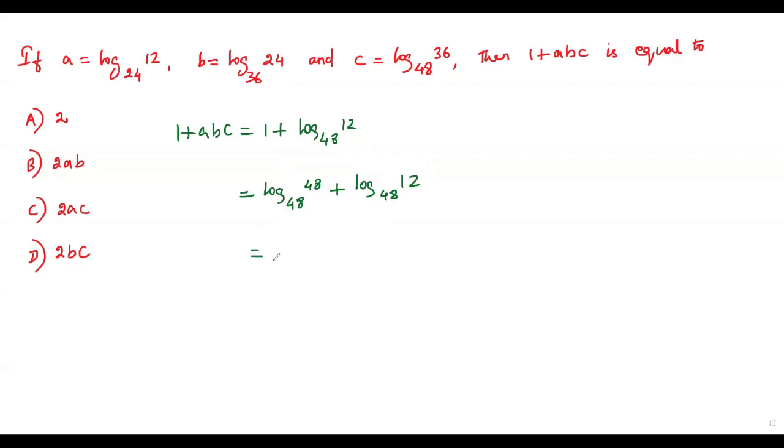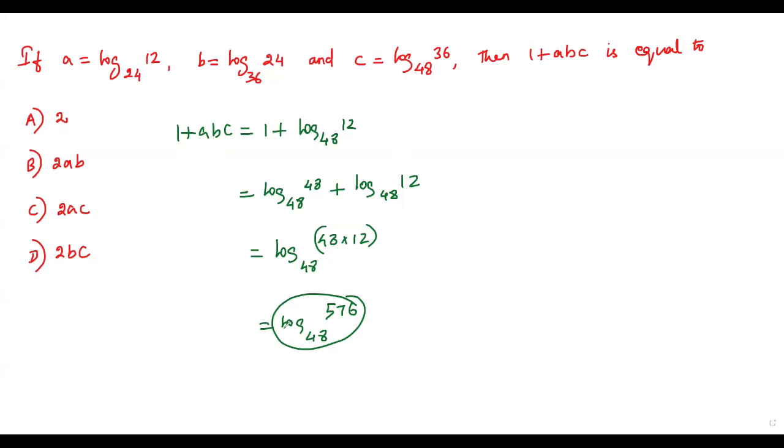Whenever we add two logarithms with the same base, we take the logarithm once with the base that both logarithms have, and multiply the two arguments, that is 48 times 12. Now I can multiply them. So log base 48, when I multiply 48 and 12, I am getting 576. Now I got the result of this expression 1 plus abc in terms of a logarithm, that is log base